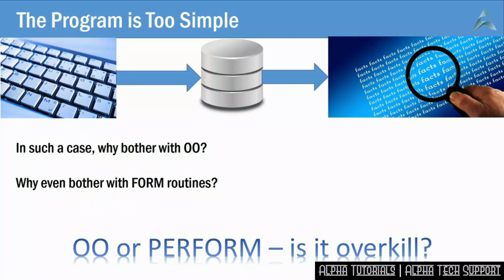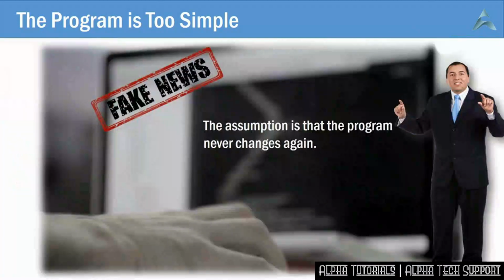So that's clear cut, is it not? Programs should not be written in a testable way. Or should they? All of the arguments I've just made are 100% true, given one basic assumption, which is the program will never change ever. After all, the specification said this is a one-off temporary program. It seems to have solved the business problem perfectly. So of course it's never going to change again. So you can forget about it.